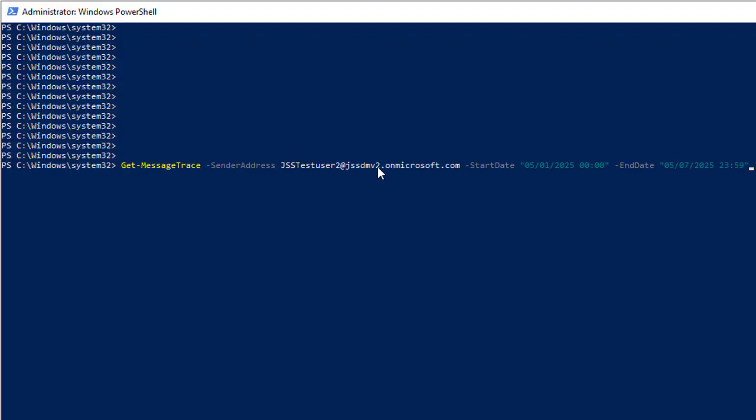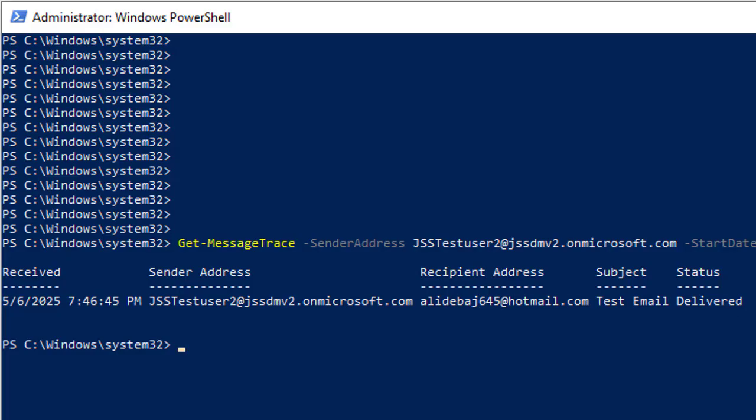and this is the sender address, the account that we have used, or any of your users used, to send the email. After that we have the StartDate, which is first the month and the date and the year, then the hours, and in the same way -EndDate, following the start date process. Once you configure this cmdlet, press enter, so it will start running the trace and